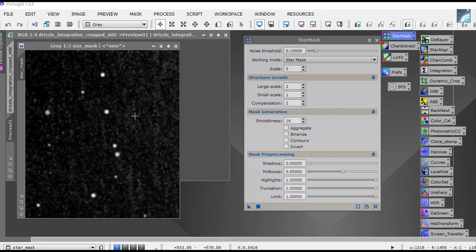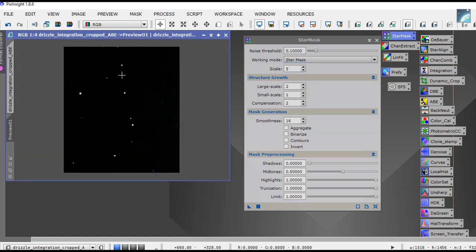Now see all this white here? Not these, these are the stars obviously, but see all these white dots? This is noise. We don't want that in this whatsoever. So what we have to do to get rid of that is we need to increase this noise threshold. Now I've already tried this and I know this has to go up to 0.4 to be effective,